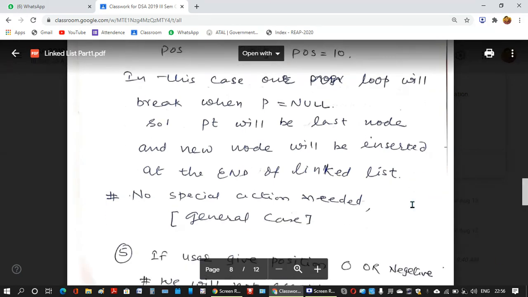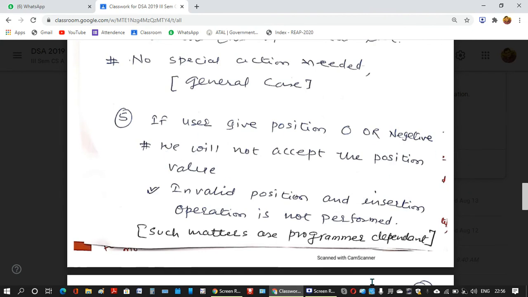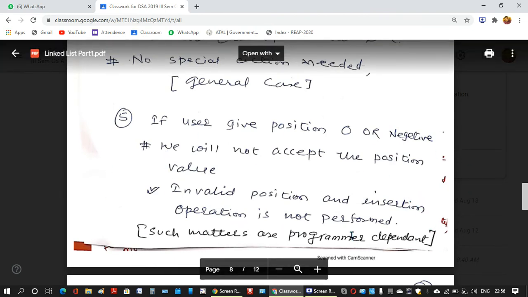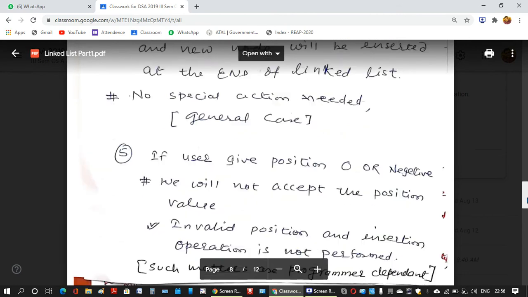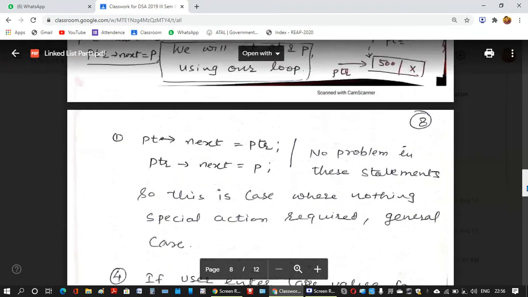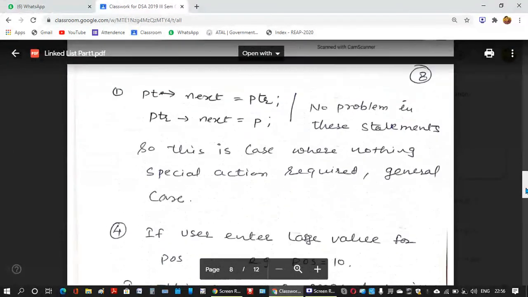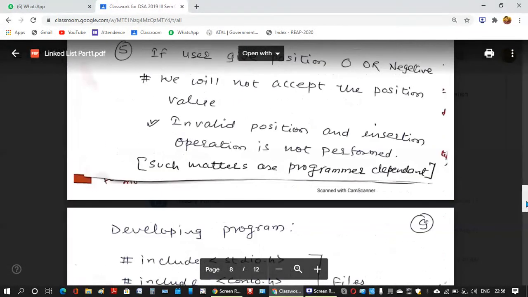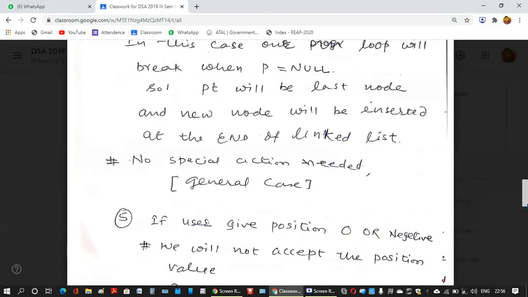Now, if the user says position is -1 or 0, then what will we do? We will tell the user that this is an invalid position and we cannot insert at this position. So these are different cases, out of which we need to take special action when start equals to null, when position equals to 1, and when position equals to 0 or -1, etc. So these three things we need to take additional care of.